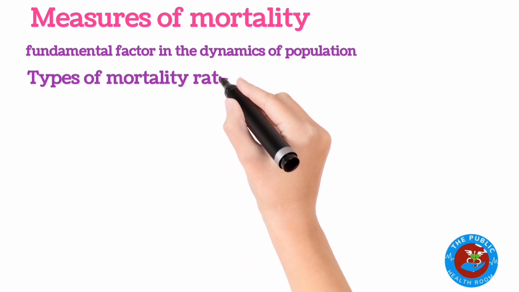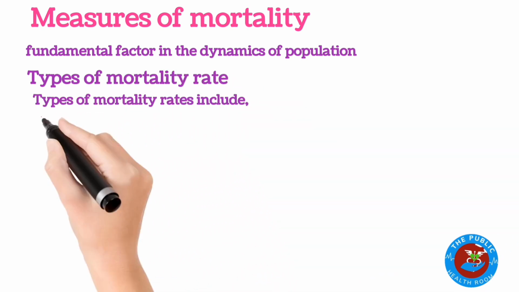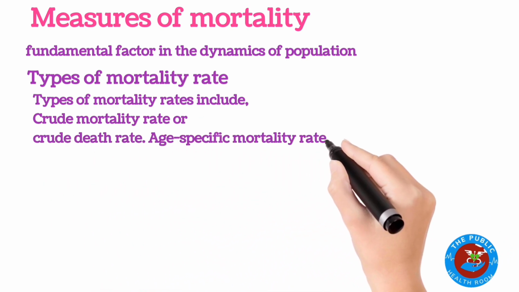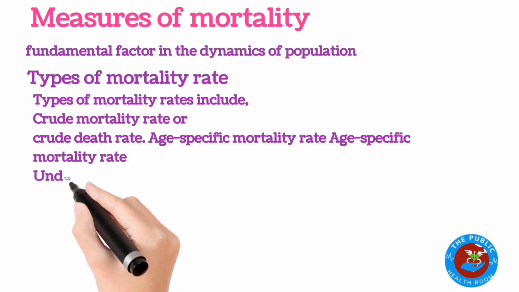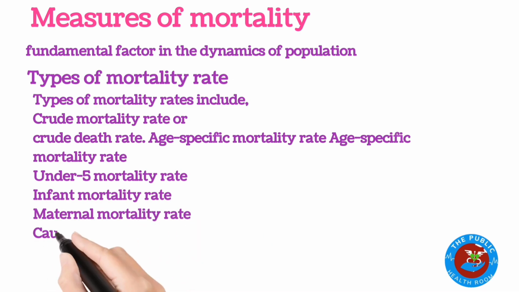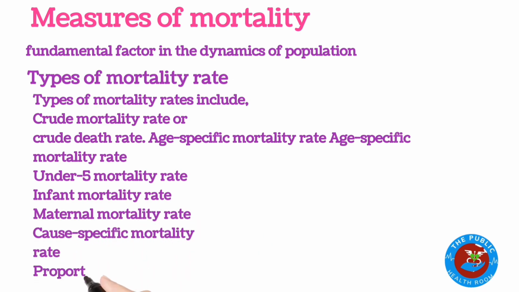Types of mortality rates. Types of mortality rates include crude mortality rate or crude death rate, age-specific mortality rate, under 5 mortality rate, infant mortality rate, maternal mortality rate, cause-specific mortality rate, proportionate mortality rate,